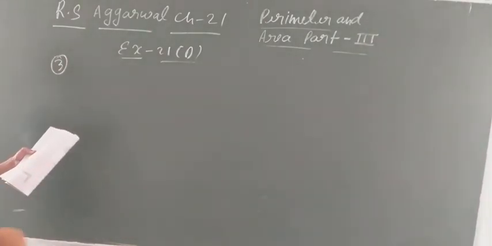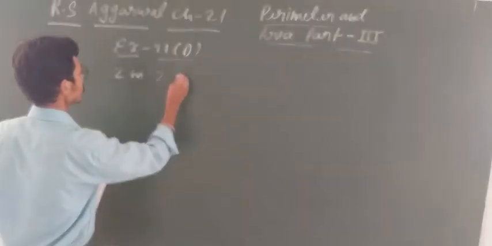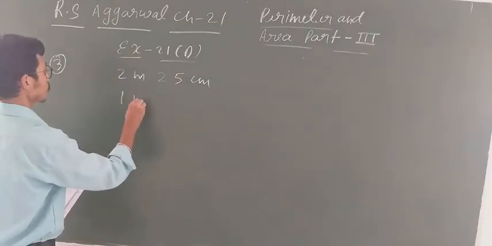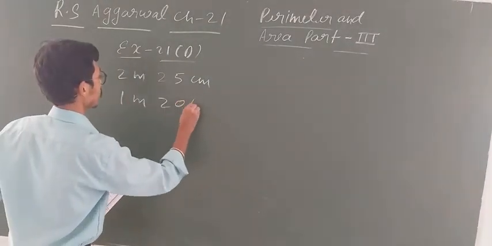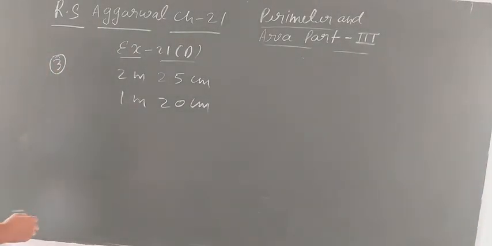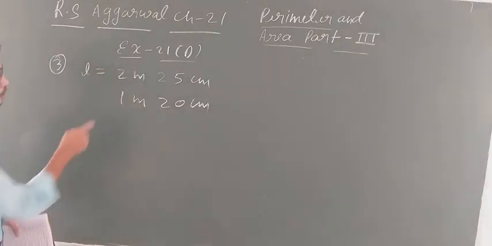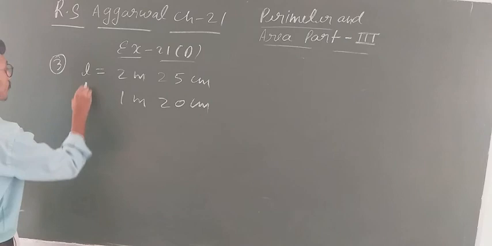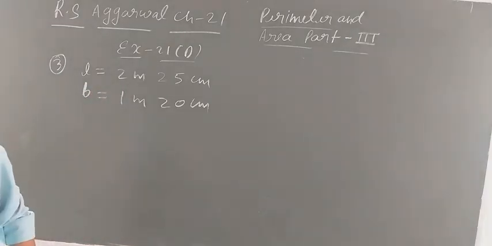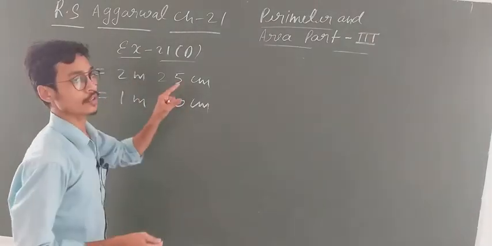the top of a table measures 2 meter 25 centimeter. Clear? And next is given 1 meter 20 centimeter. Now you have to find out the area. Now student, you don't know which one is length and which one is breadth. So I taught you that length is always greater. So 2 meter 25 is greater, and breadth you can take this one. Another thing what I explained, student, you have to change into a single unit. Single unit means, as meter is given, this should also be in meter.